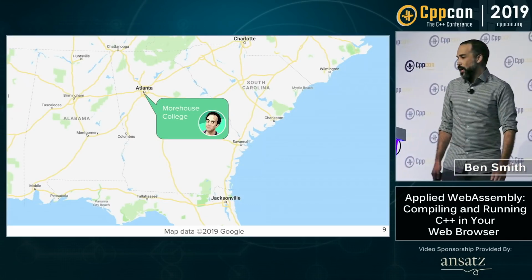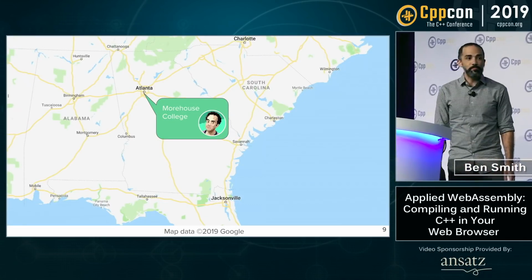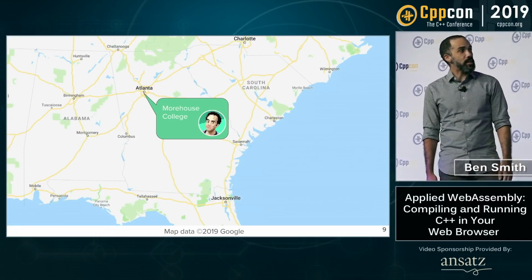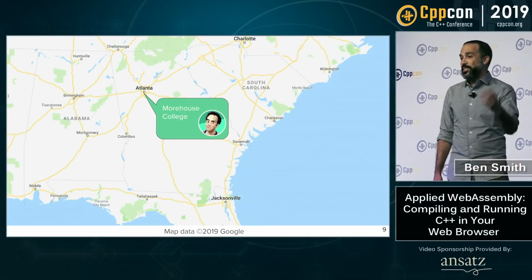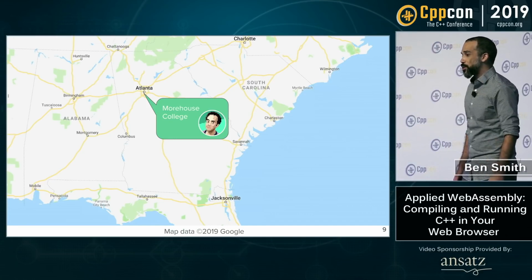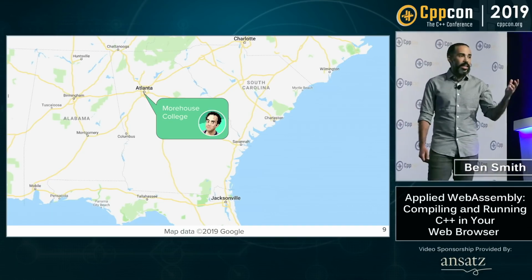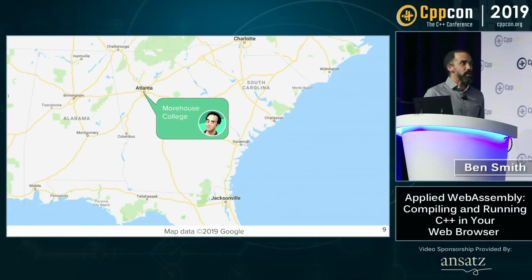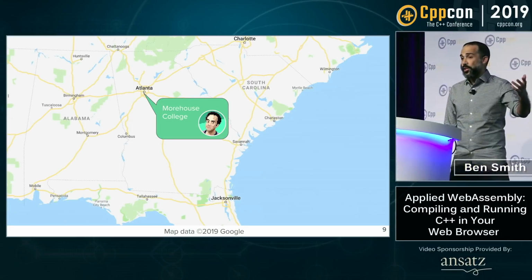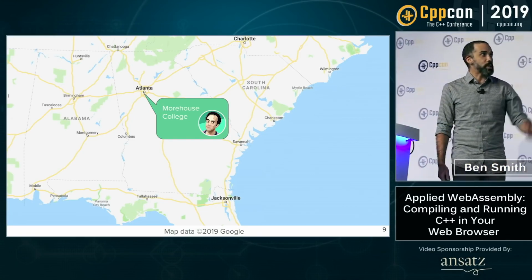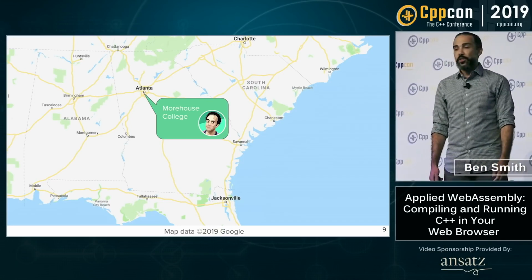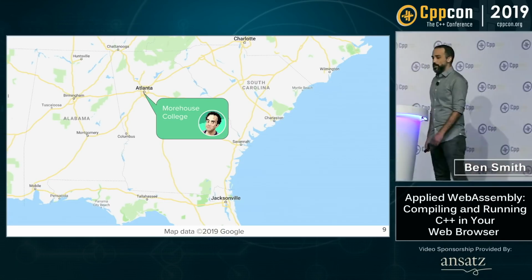So when I applied to the program back in January, I knew that I was going to be accepted. I was pretty sure I was going to be accepted. And so when JF contacted me, I naturally told him I can't do it. I'm going to be too focused on this work. And so when I was accepted, I ended up at Morehouse College, which is